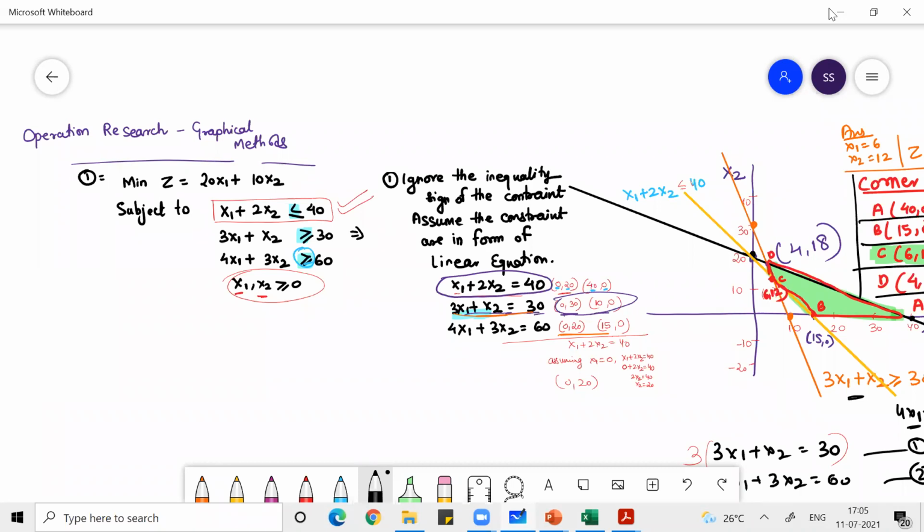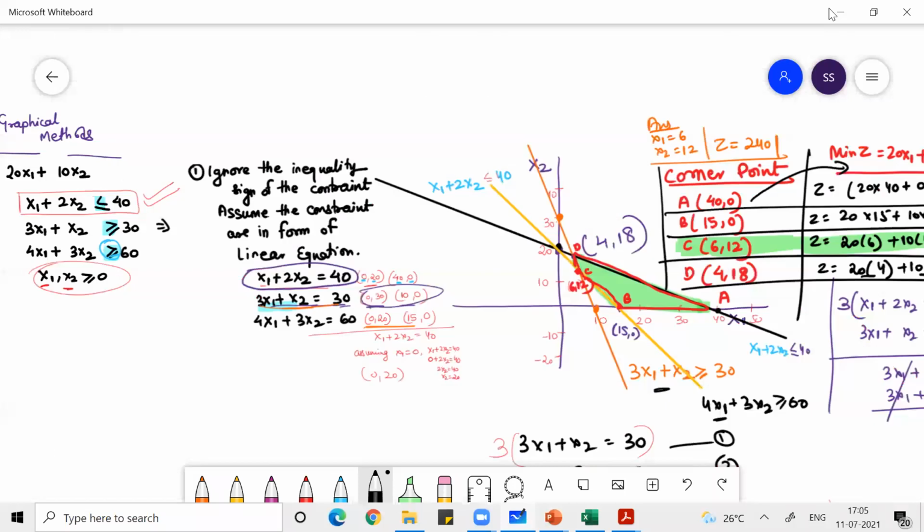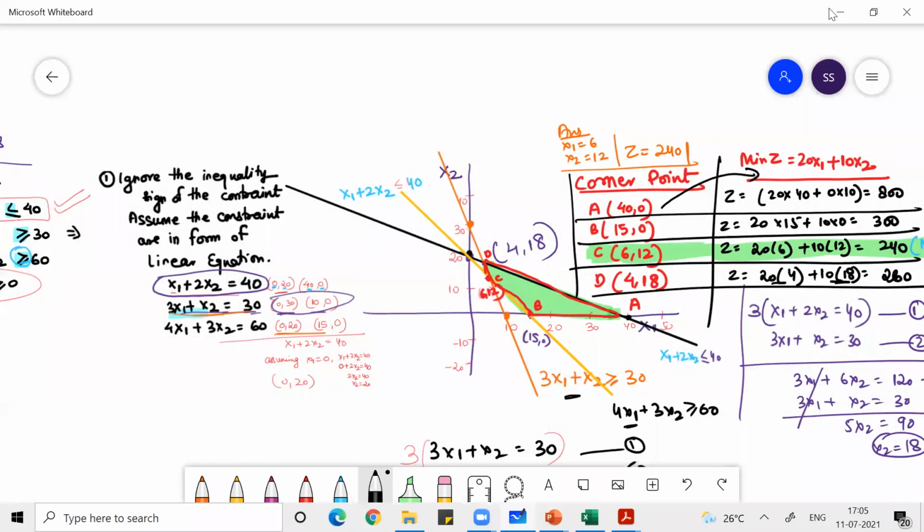So the graph diagram should be done on the graph sheet only, right? No, in the exam, they'll not give you a graph sheet. If they give you a graph sheet, well and good, but I don't think so. You have to do it using the booklet, scales and pencil. That is the biggest challenge you need to make sure of. If you draw a line a little bit off here and there, all our effort will go waste. That's why, as I told you, once you solve the problem, confirm your answer by using the simplex method.